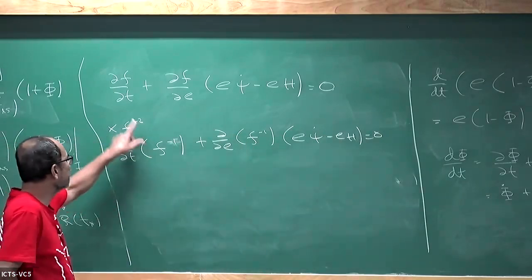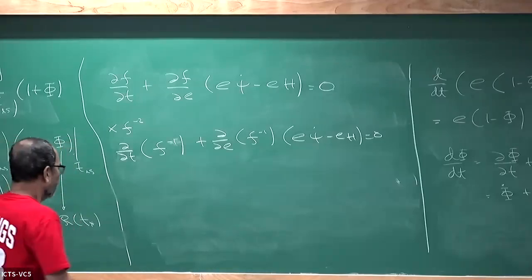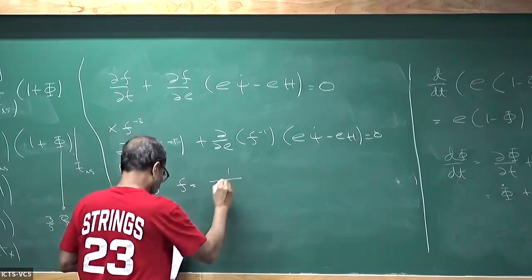Both of these just give a minus sign, f to the minus 2. So try now f as 1 over